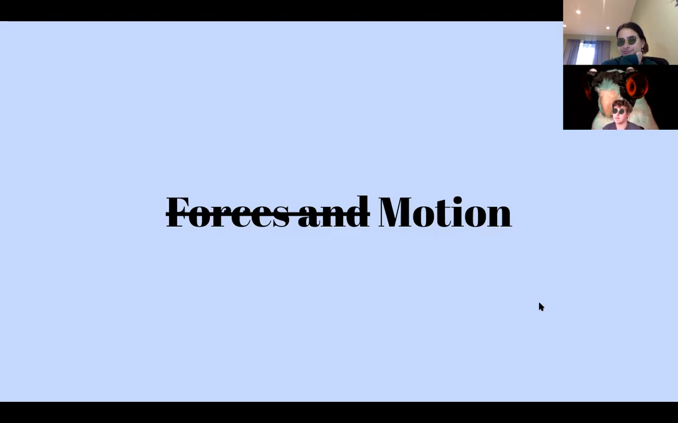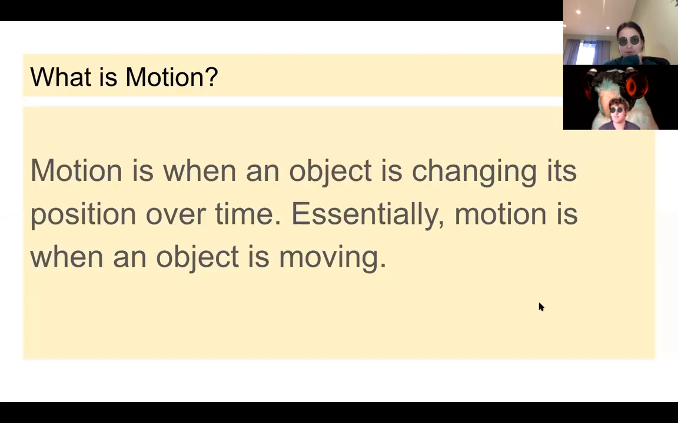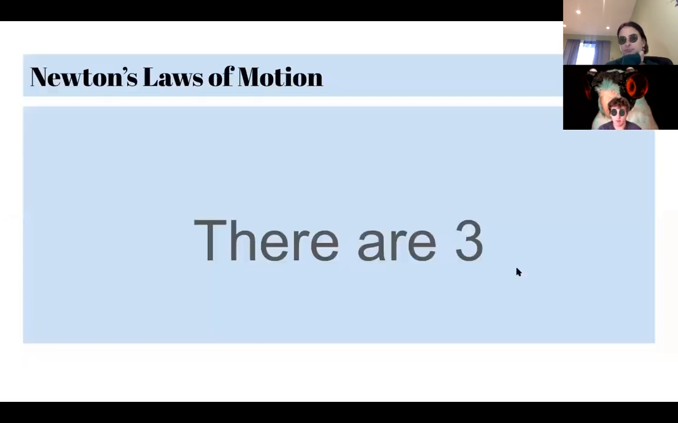Eva, take it away. All right, so what is motion? Motion is when an object is changing its position over time. So it's basically just when an object is moving. Well said. Now, one of the key things to understanding